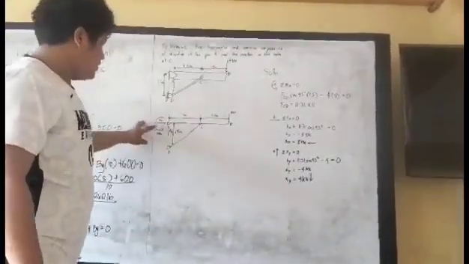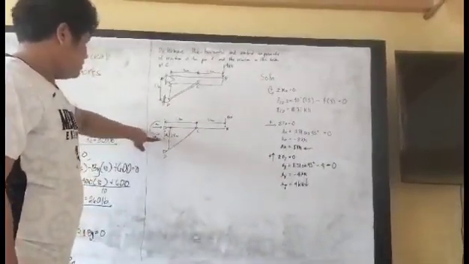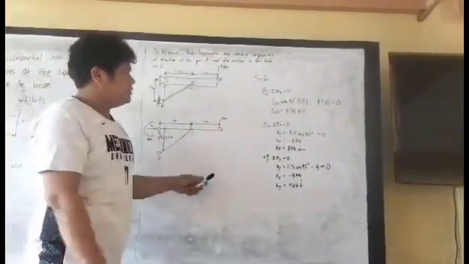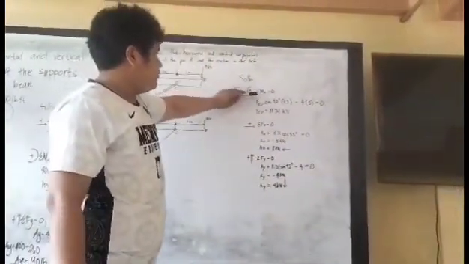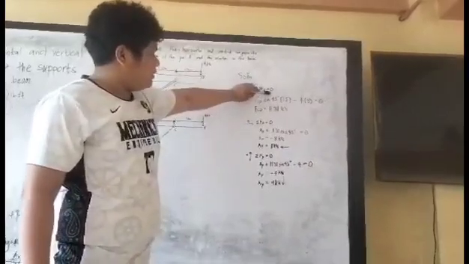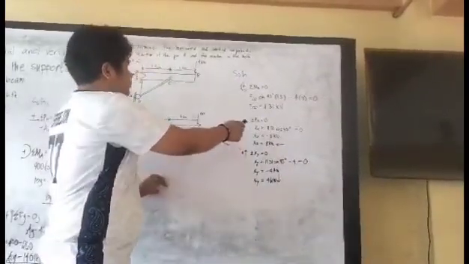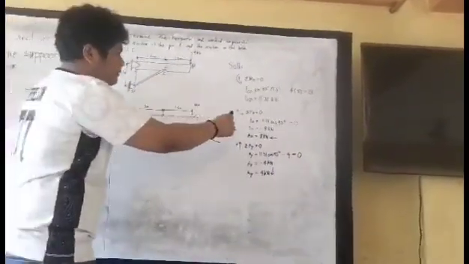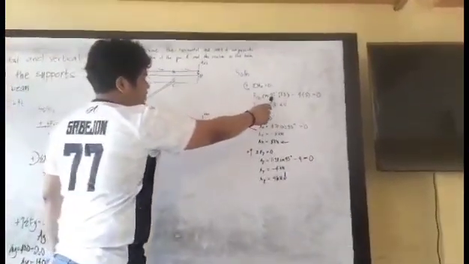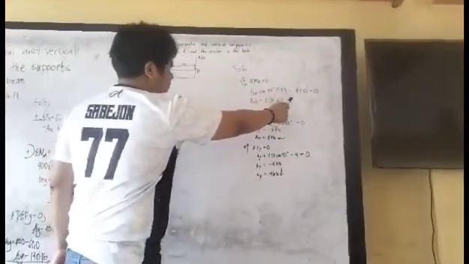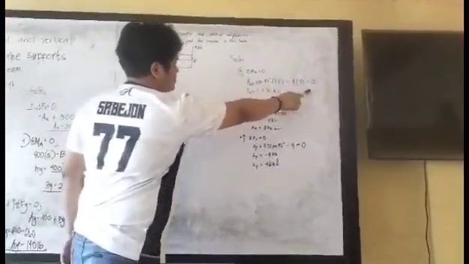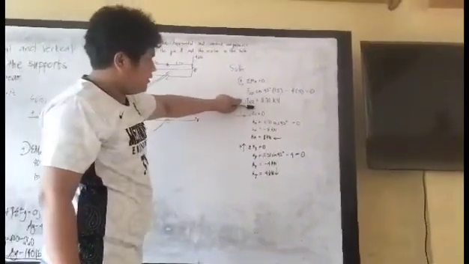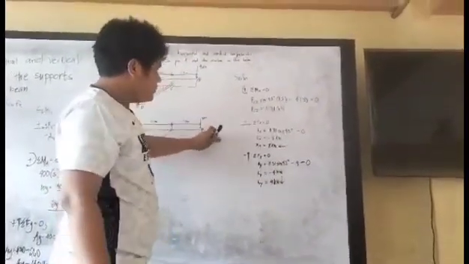So here is our diagram, where our unknowns are AX, AY, and moment at A. So here's the solution. Summation of moment at A is equal to 0. So first we get the force in CD. So we have FCD sine 45 degrees times 1.5 minus 4 times 3 is equal to 0. If we calculate this, FCD is now 11.31 kilonewtons.